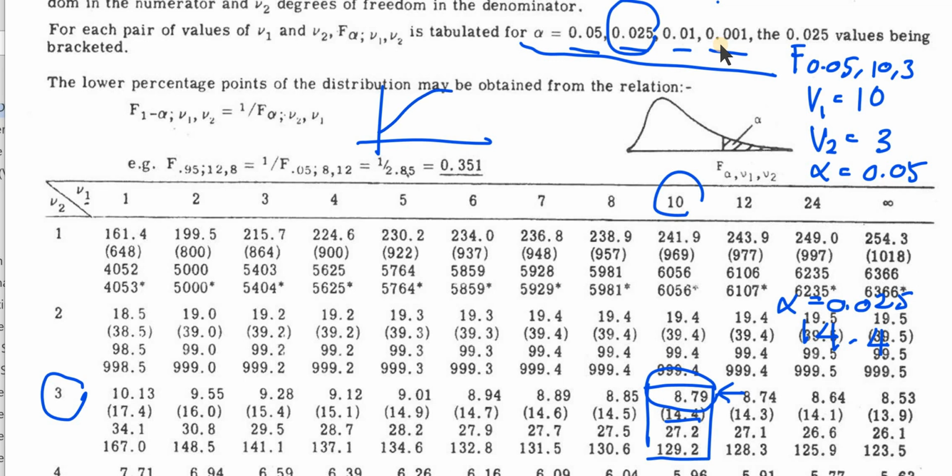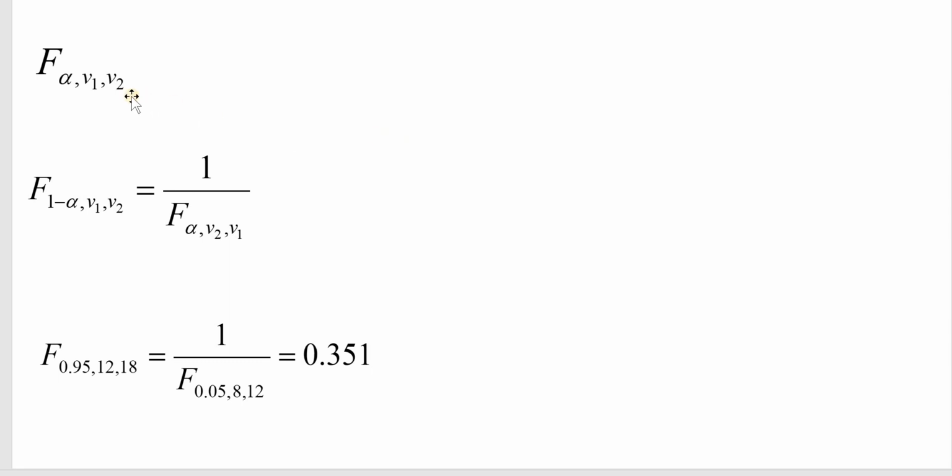If you want to draw it, the alpha here is 0.025, for example, and the F value is 14.4, where V1 is 10 and V2 is 3. So refer to this value. You need to be careful about which alpha you want to find,